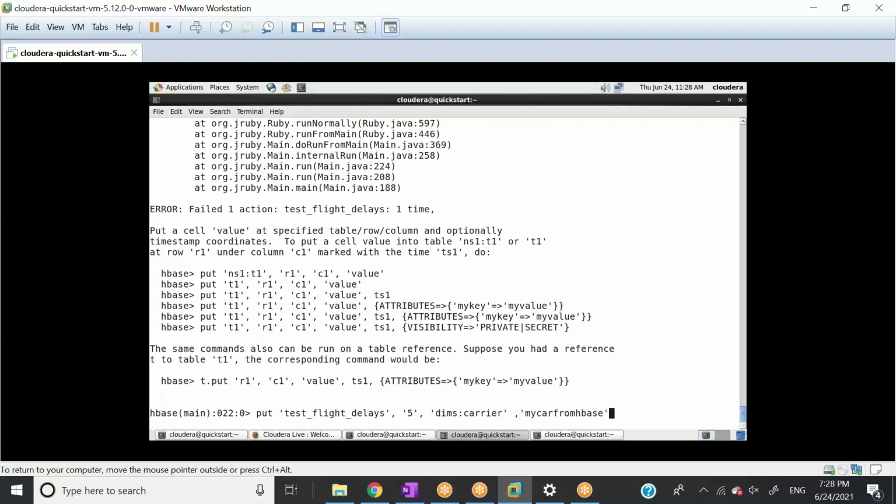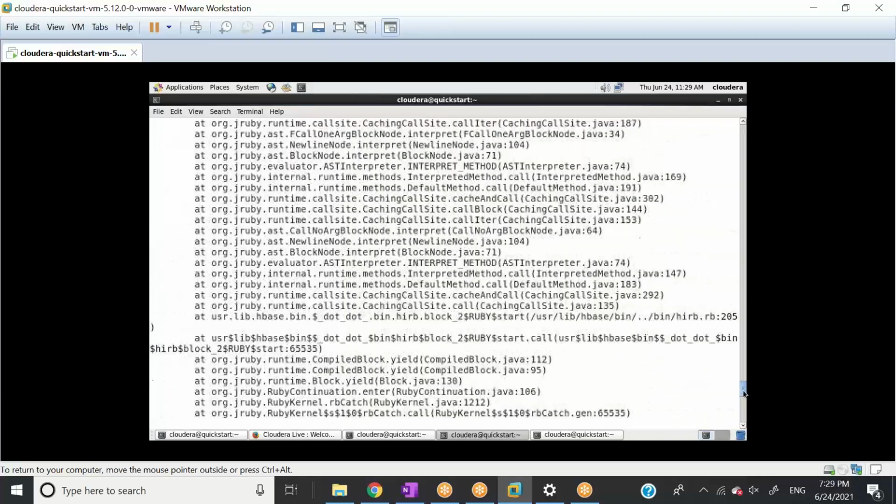So what it says, suppose put in this table, in this row ID, in this carrier. One second, guys. Did I make some mistake or what?